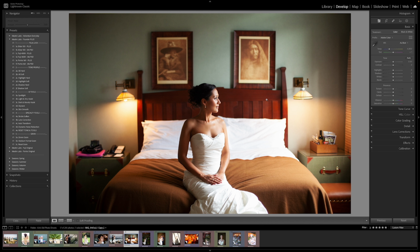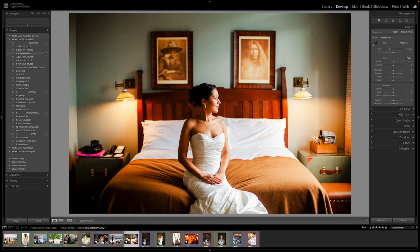This is one of my favorite bridal portraits that I had done in my career. This was at the Arctic Hotel in downtown Seattle. And I just love the play of the three figures in this and the symmetry. We've got the two lights on either side, the two kind of suitcase dressers, the two portraits, and then she's in the middle with this beautiful light. A photo like this, I think, would look, again, really good with probably...